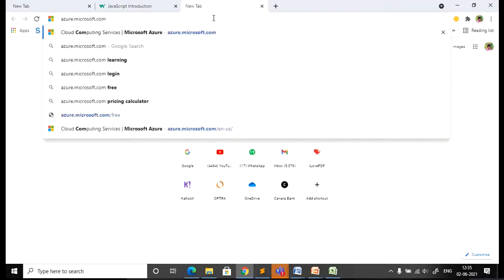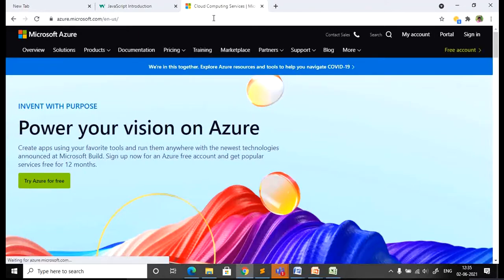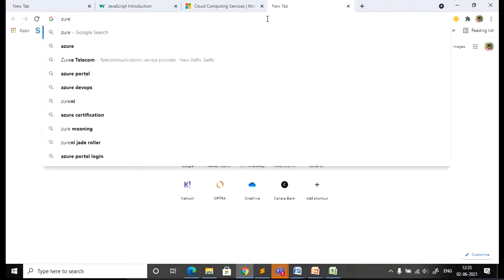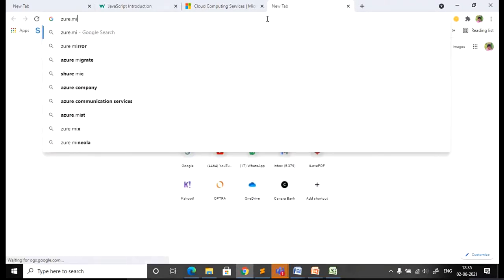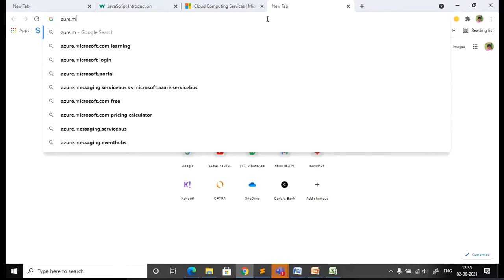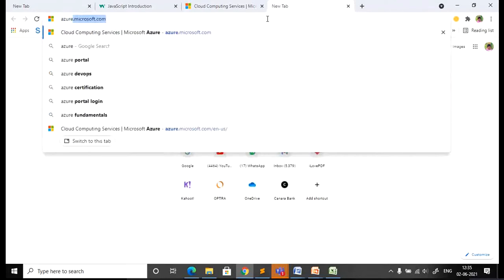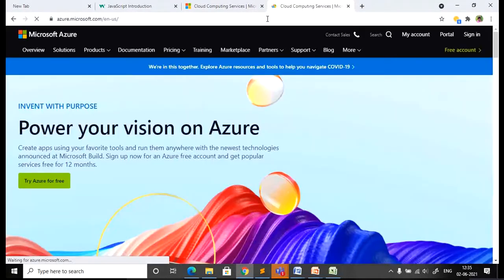Can you answer how come I'll be able to open this browser, but still maybe my internet is slow, but sometimes you will get the page very quickly. What may be the reason? Somebody answer. Okay, so my internet may be a little bit slow, but otherwise you will be getting the page immediately. It will not take much time.